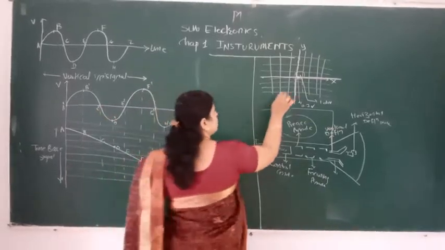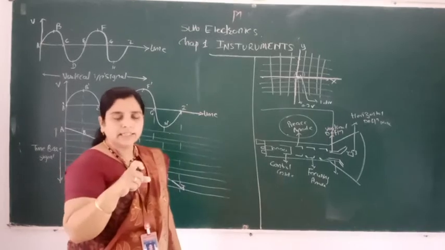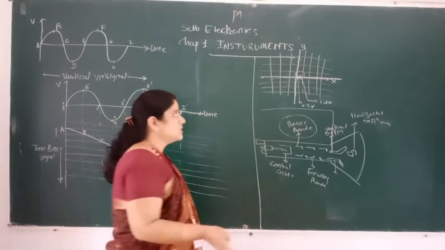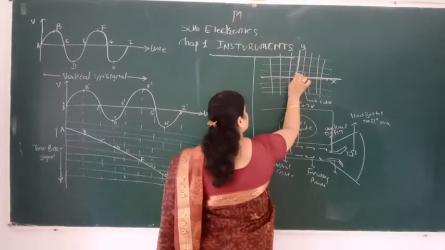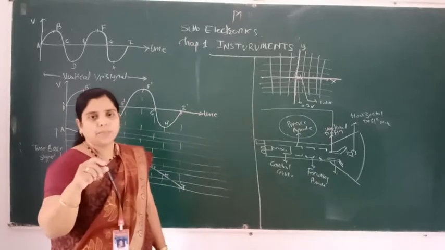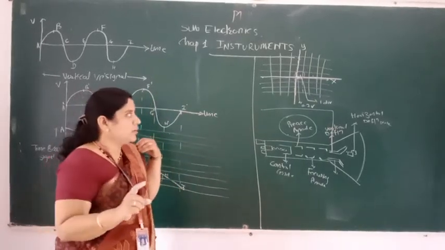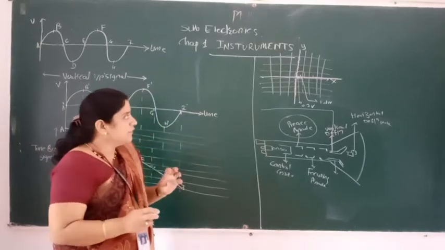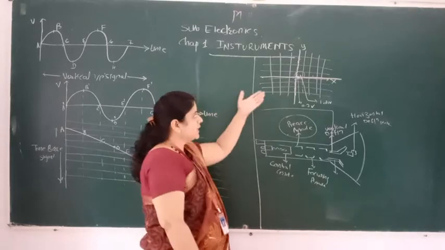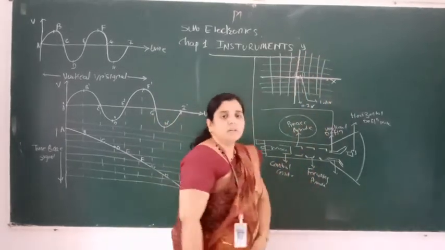If you are observing here, if a DC signal is given as input, that spot shows a positive potential. If an AC signal is given, that spot will not be exactly here, it will be everywhere on the screen of the CRO, because it will be in fluctuation form, since an AC signal is given to that. So the spot will move to the left side of the CRO, right side of the CRO, and it can move in the upward and downward direction.